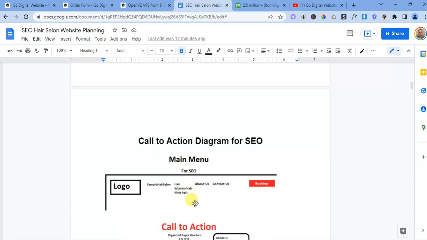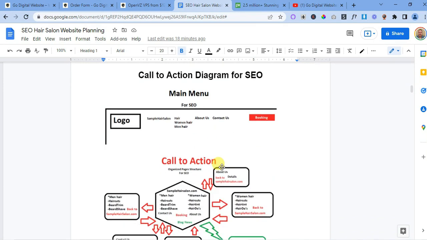Okay, so it's up to you what you want to do for the care treatments or the hair treatments. And just like that, you're going to have an about us page and a contact us page. If you want to get booking, you have to get an advanced search engine website. But you can go another way: just do an informational website with a simple search engine website, and you can take care of the booking yourself